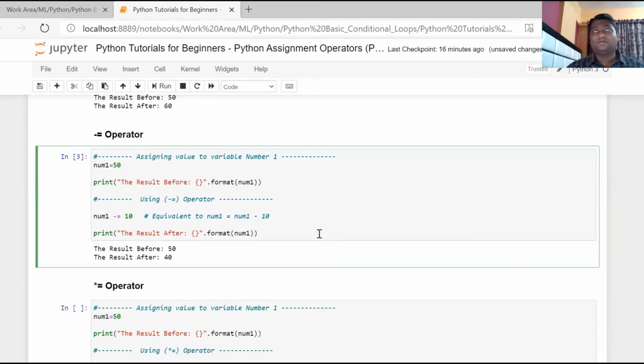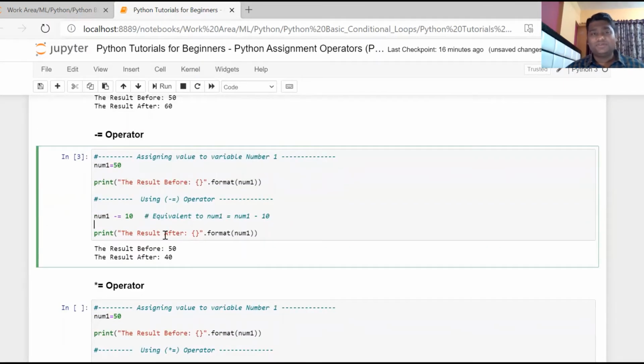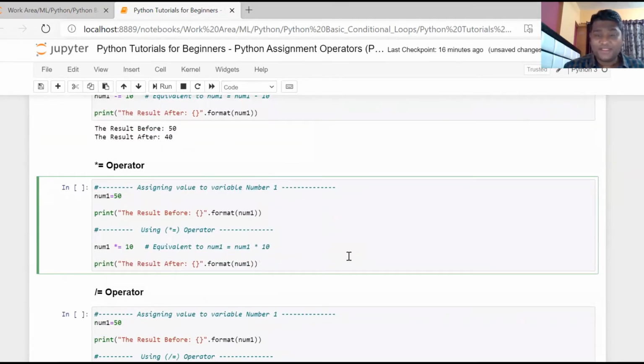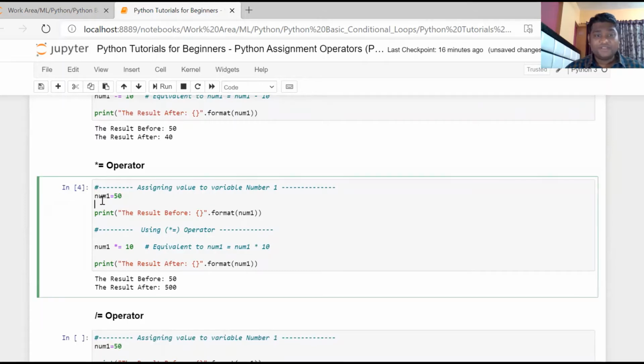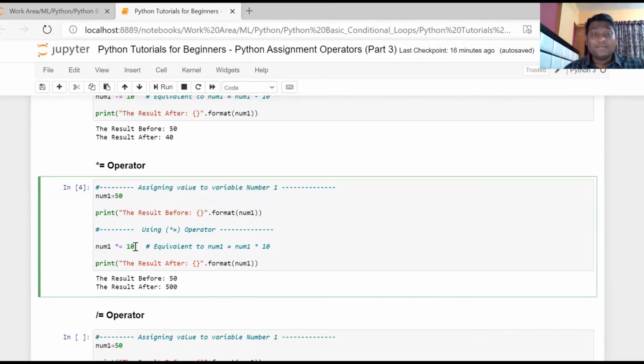This is mainly used in while loop, which I'm going to teach you in my upcoming videos, or you can use it anywhere, wherever you want to add something to the same variable. Similarly, if you want to multiply 10 to 50, you have 50 value here, you are multiplying it here. So multiplication and assignment can be done together. We are doing multiplication, and then after multiplication we are doing the assignment. 50 was the initial value of num1. You are multiplying 10 to it and then assigning the result to the num1 variable, and that's what you are doing here.